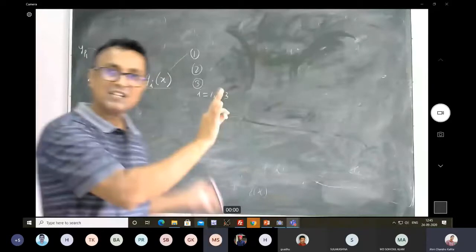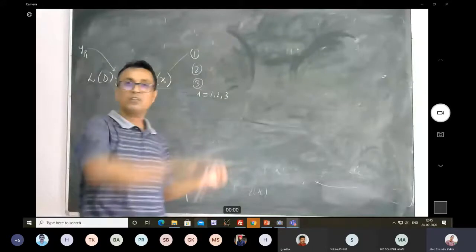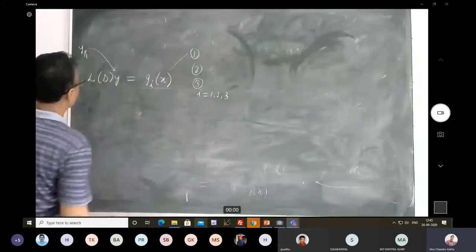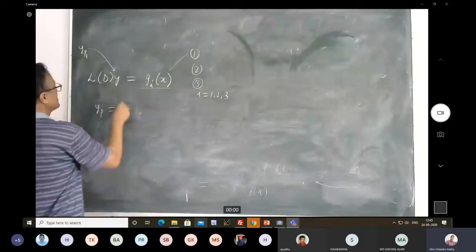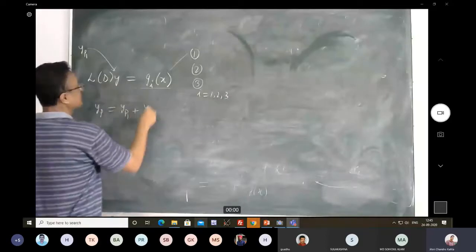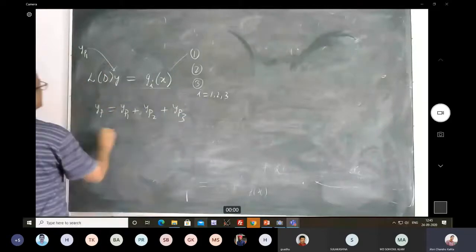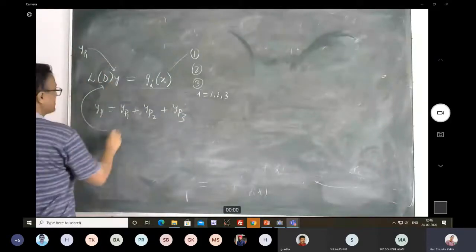Yes, sir. Fine? Say, left hand side was the same, only the right hand side was different. Okay? So now, what is going to happen? What is going to happen? If I plug in something like, say, yp equal to yp1 plus yp2 plus yp3, if I operate that with LD,